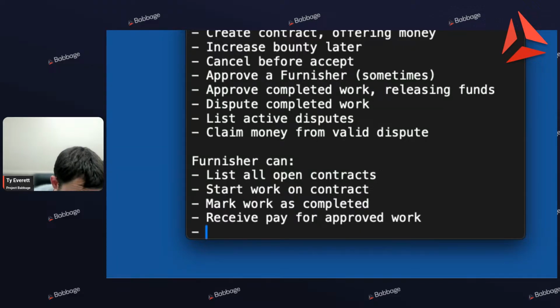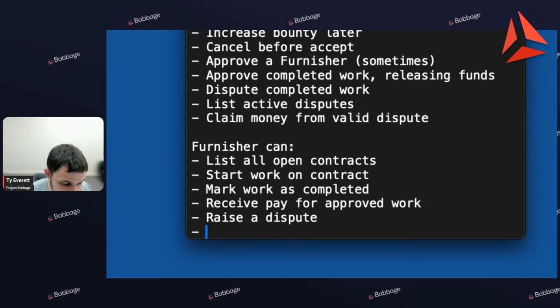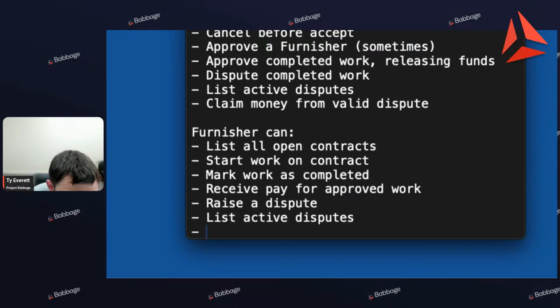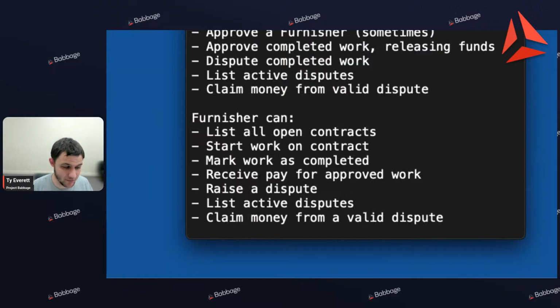I can also raise a dispute, list active disputes, and claim money from a valid dispute. I think that's pretty good for the seeker initially,